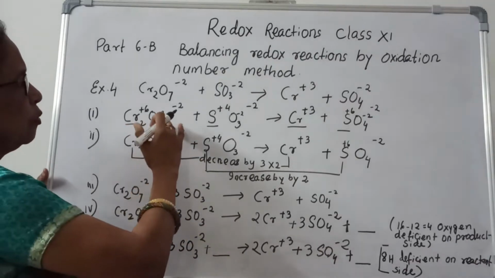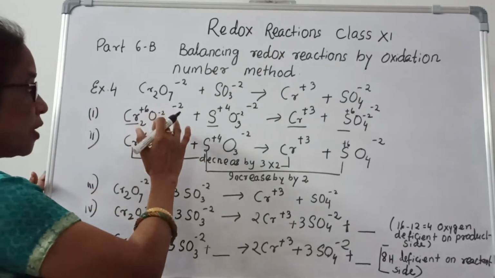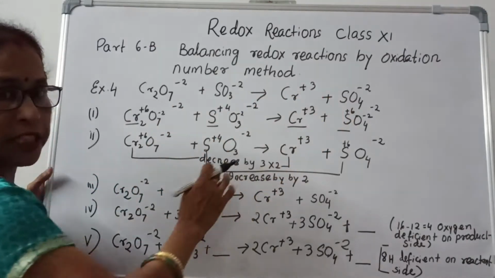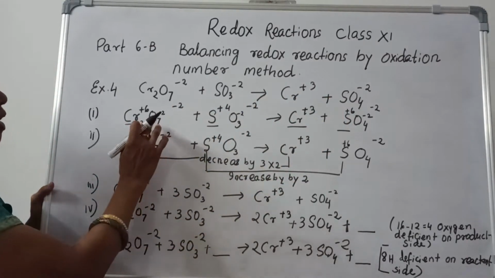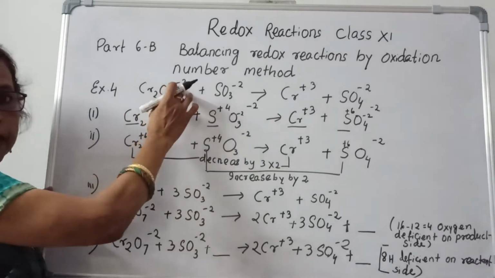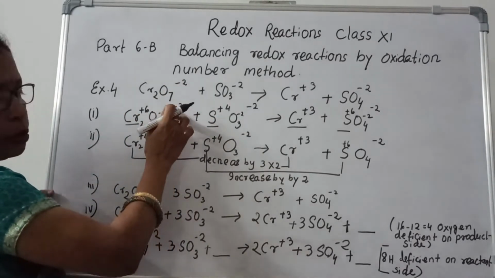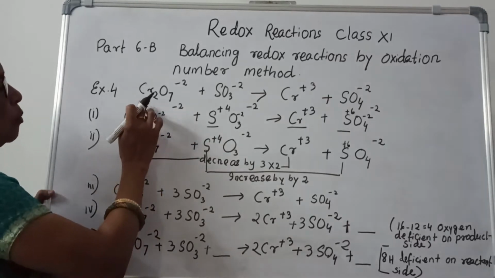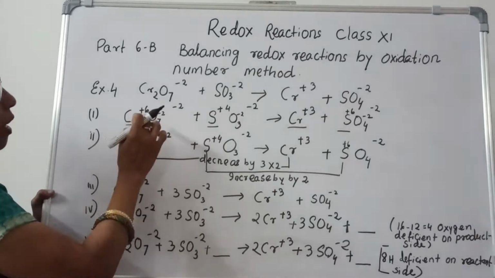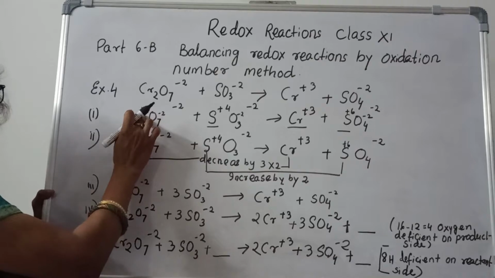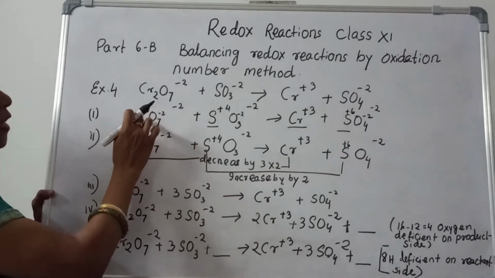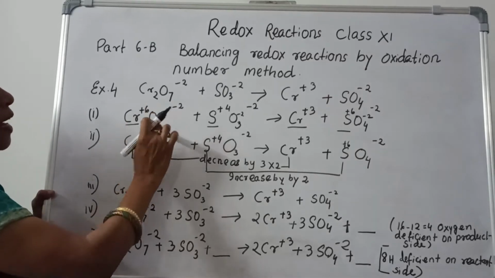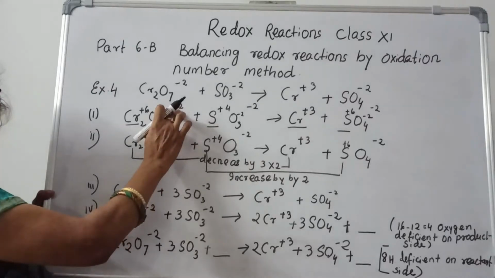I told you before, the first point is you will write the oxidation number of each atom. You should know the oxidation number of each atom present here. Now see, this is Cr2O7 where the charge is -2, and since it is -2, the sum of the oxidation numbers of the elements is -2. That is why it comes to plus 12, and for 2 chromium, that is plus 6 each. That means plus 6 into 2 is plus 12 and 7 into -2 is minus 14, and the net sum of the oxidation numbers is equal to -2.